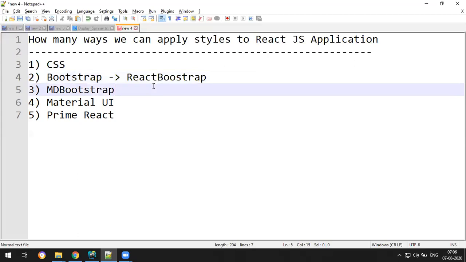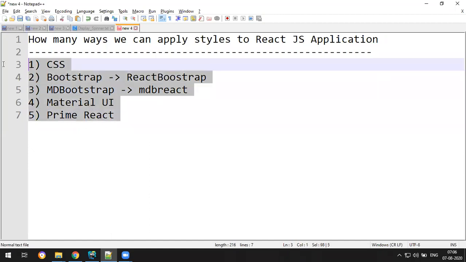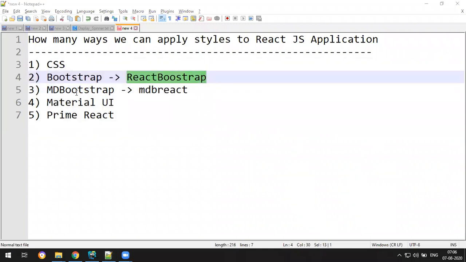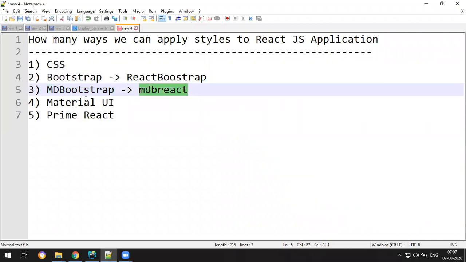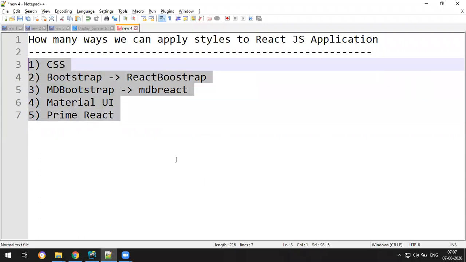And MD Bootstrap is a general one which you can use for any website, but specifically they have designed a library for React JS, I think it's MDB React. So you can use either plain Bootstrap, React Bootstrap, MD Bootstrap with MDB React, Material UI, Prime React, or normal CSS. We have these many options to design your front end.